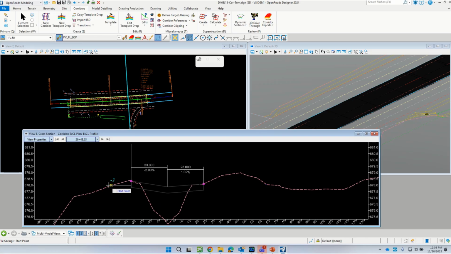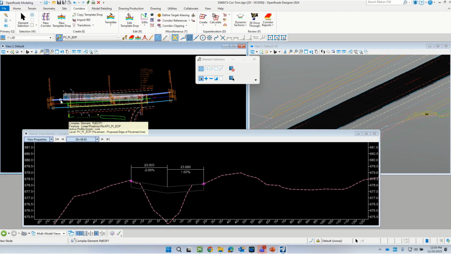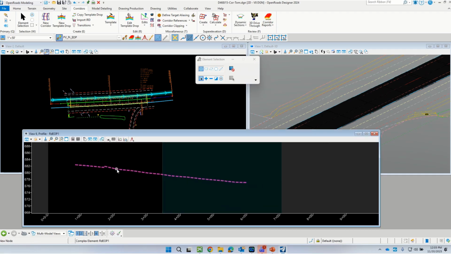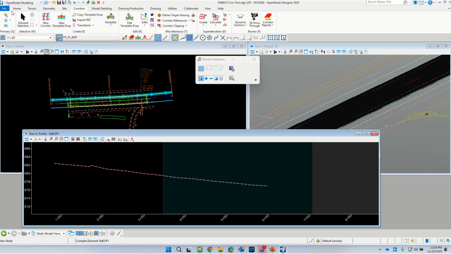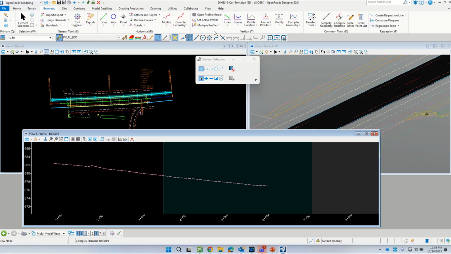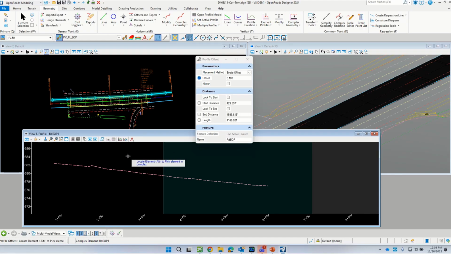Let me show you one other thing real quick, and that would be, let's say in this case, because I believe they are going to resurface both the eastbound and the westbound lanes. So if that was the case, I could go in to that point that I'm controlling, and we just use the inside edge of pavement, or we use the terrain, right? So I really could have, if I wanted to, gone to geometry, used my vertical tools over here, and just really, let's see, where's that? Created a profile at this offset transition,